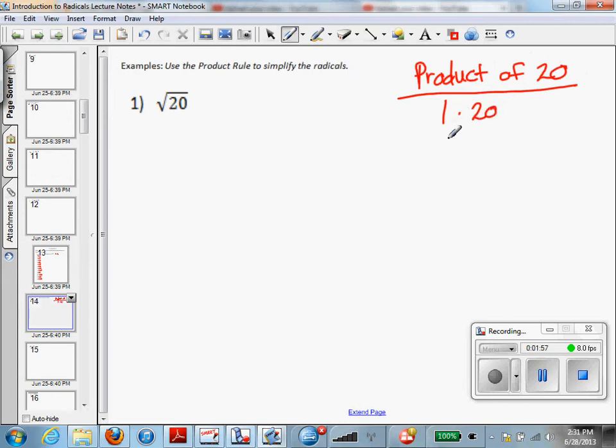You can think of 1 times 20, 2 times 10, 4 times 5, and I think those are the ways to get 20. Now we need to look for perfect squares. 1 times 20 won't get us anywhere because that's what we're working with, just 20. 2 and 10 are not perfect squares, but 4 and 5 contains a perfect square. It contains 4. So we think 20 is the product of 4 and 5,